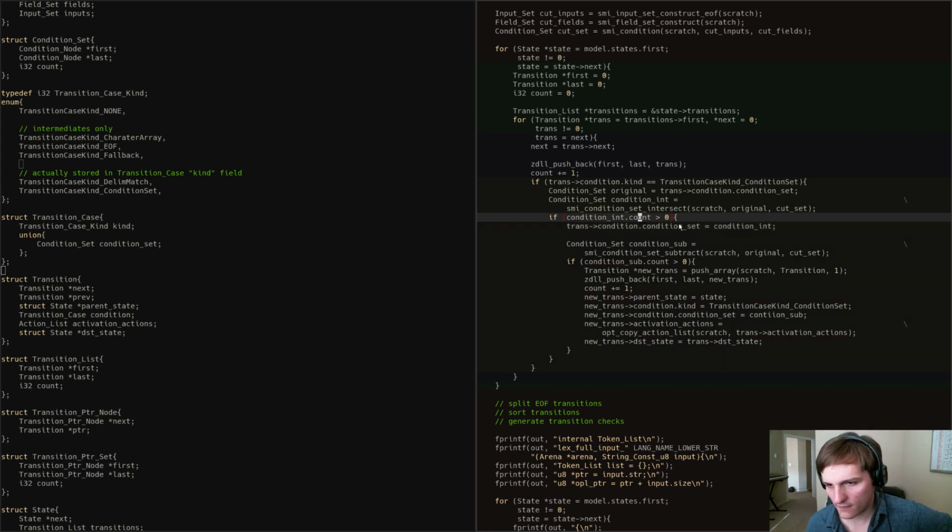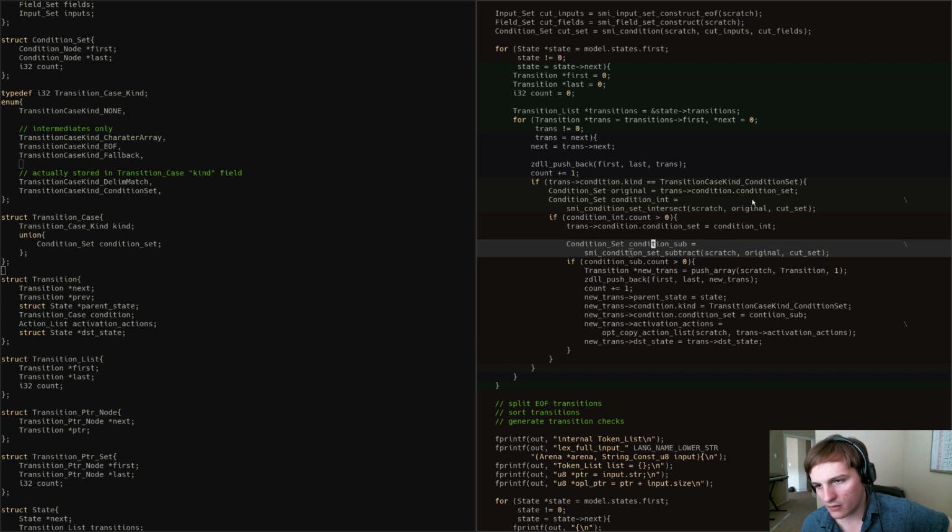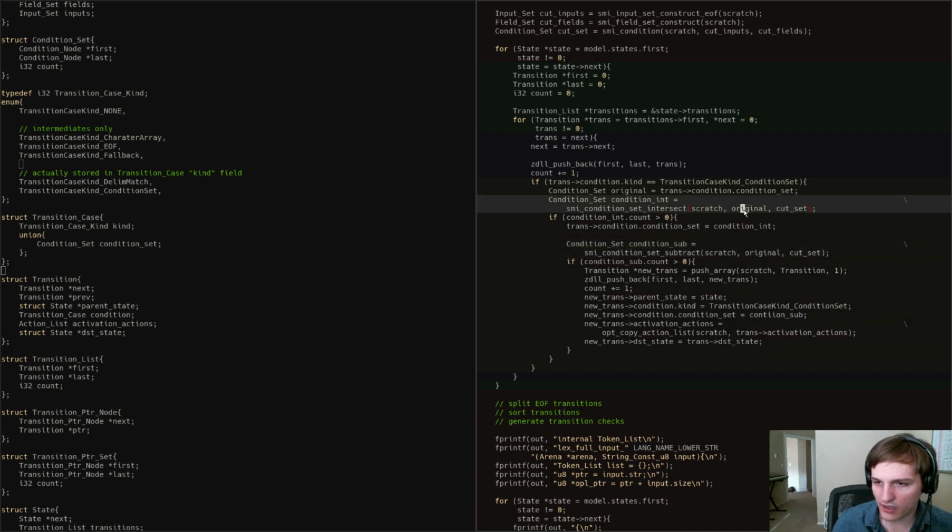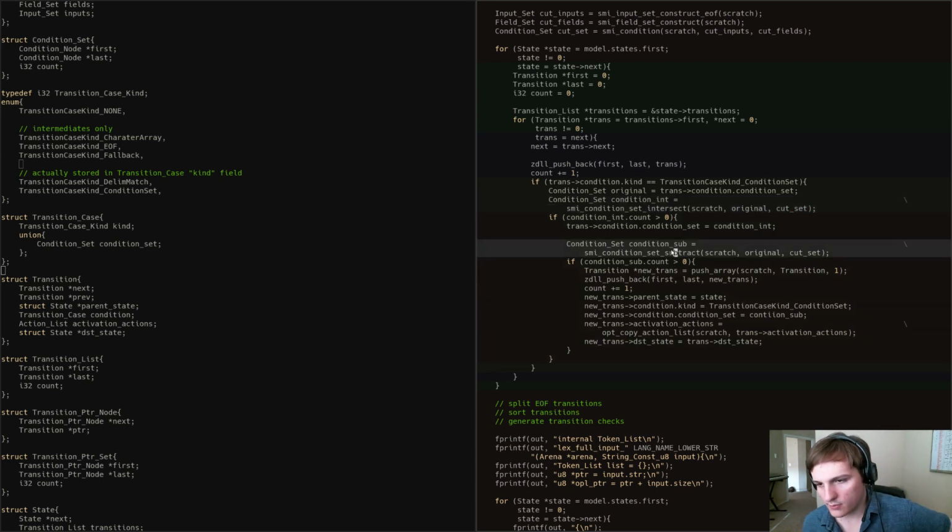If we do make modifications, that is to say, we check the second thing we do is say, hey, we're making modifications so far because we have a non-zero intersection, but it's possible that the non-zero intersection is actually the full set, and that would be the case if the subtraction is empty. In other words, if the cut set is completely contained in the original set, it's a proper subset, or just a subset of the original set, then when we do the subtract here,